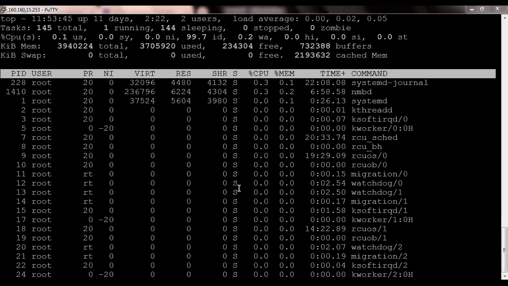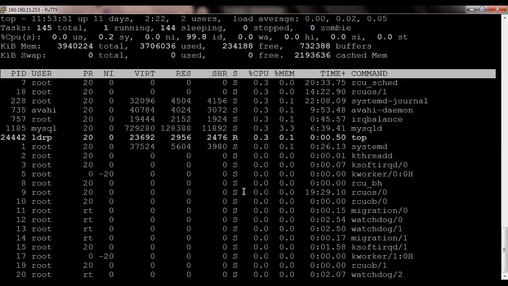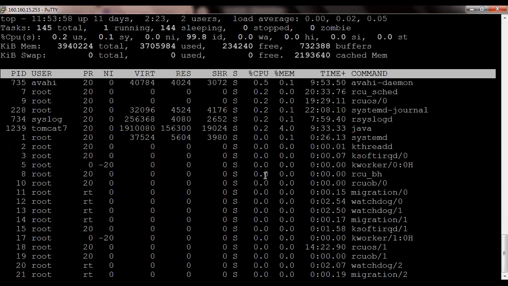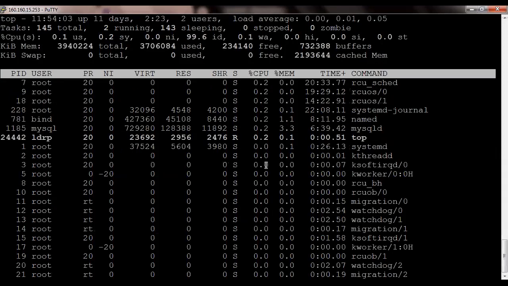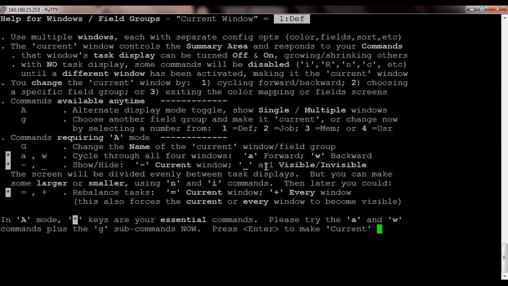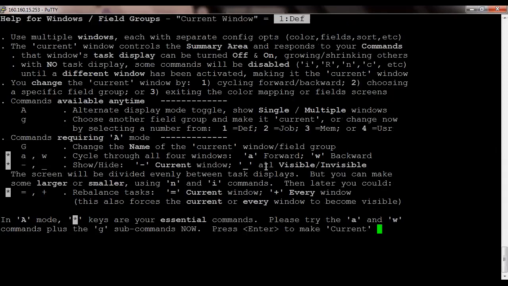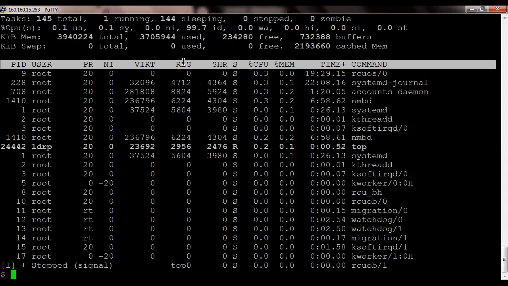Okay, to exit from the said terminal, press q.